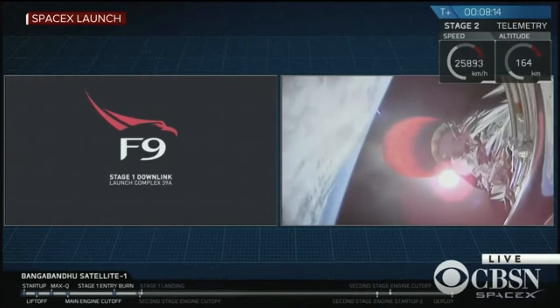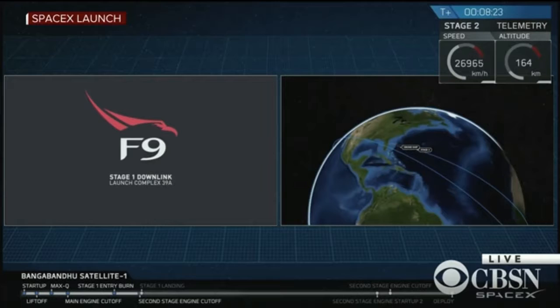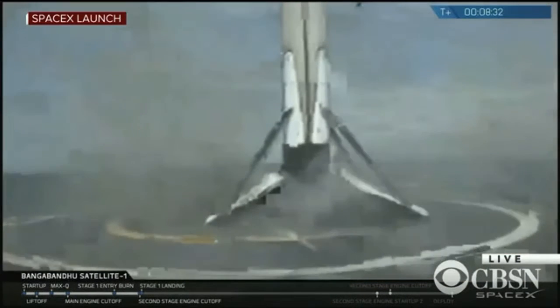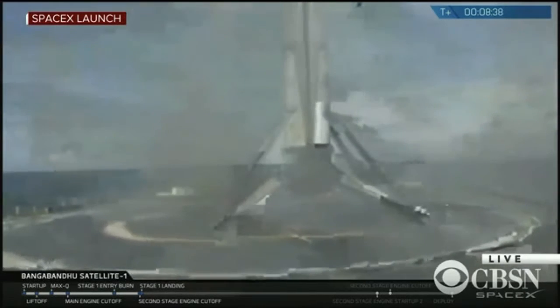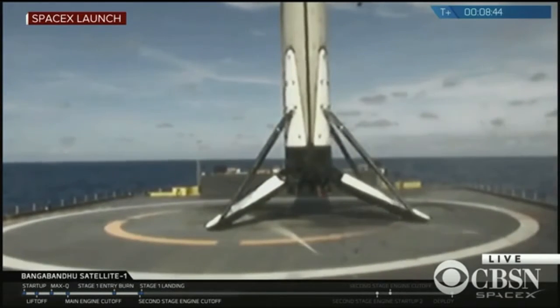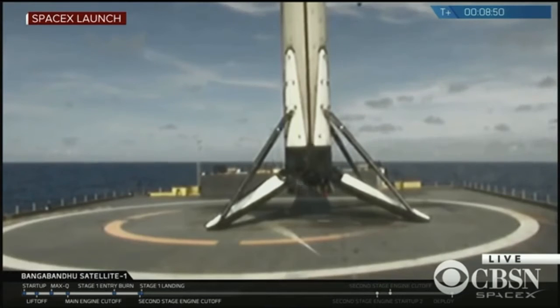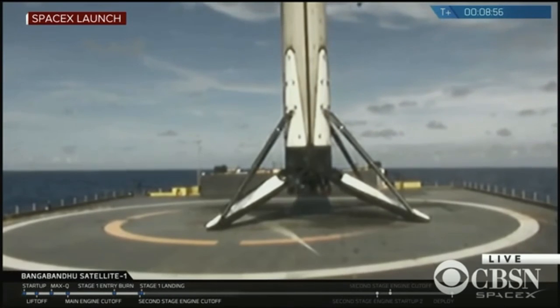So it looks like we don't have a great video signal with that first stage right now, but we do have confirmation that the landing burn has started. Those landing legs should be deploying very soon. There it is. And after a brief interruption in the video signal, we are looking at the 25th recovered first stage of a